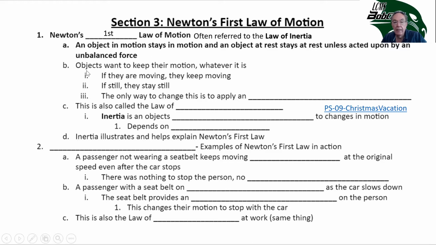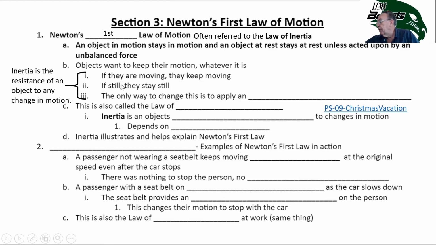So breaking down Newton's first law, objects want to keep their motion. If they are moving, they want to keep moving. And if they're still, they want to stay still. And the only way to change this is to apply an unbalanced force. And inertia is the resistance of an object to any change in motion. So we said inertia depends on mass, when we measure this tendency,